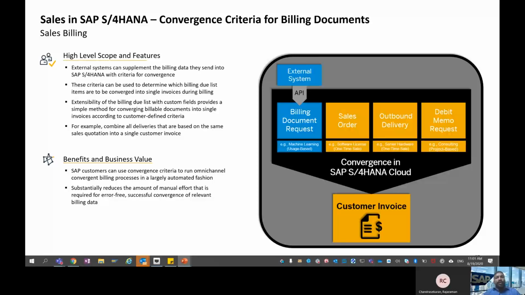You can also combine all deliveries that are based on the same sales quotation into a single customer invoice. This in turn will benefit the omni-channel billing process by reducing the amount of manual effort required for error-free merging of related billing data.